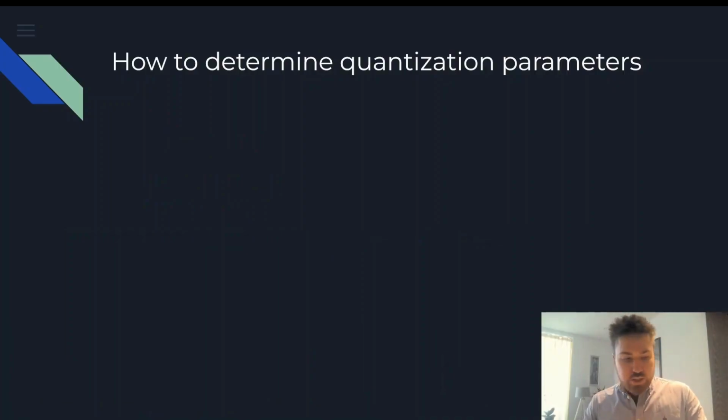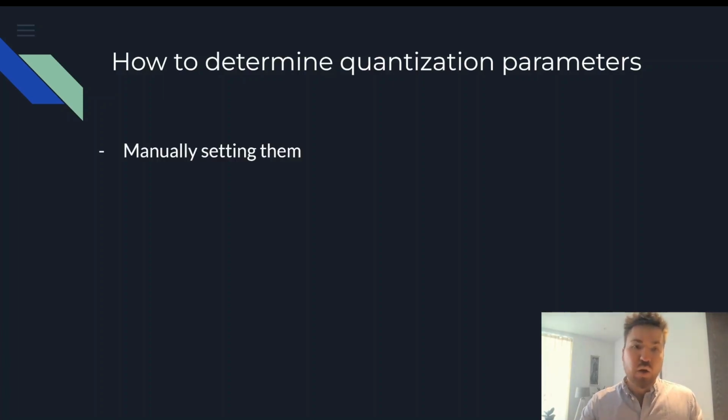Okay, so the next question is, how do we determine these quantization parameters? How do we determine this scale, or this scale and zero point if you're doing affine quantization? One way is to just manually set them. Let's say, for example, you have an image tensor, and normally that's already perfectly quantized, right? Because RGB values tend to be on a 0 to 255 scale anyway. If you divide that by 255, all of your values of your tensor will be on a 0 to 1